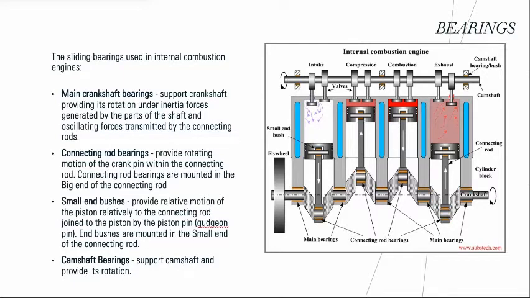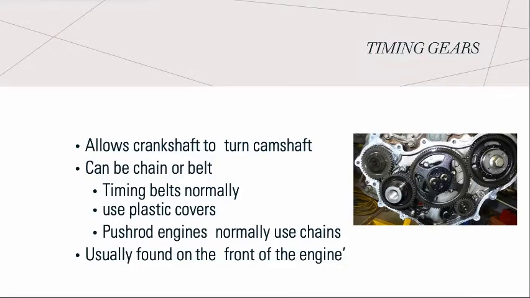Next, we go to the timing gear. A timing belt, timing chain, or cam belt is a part of the internal combustion engine that synchronizes the rotation of the crankshaft and the camshaft so that the engine's valves open and close at the proper time during each cylinder's intake and exhaust stroke. In an interference engine, the timing belt or chain is also critical to preventing the piston